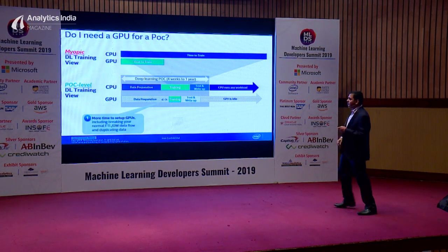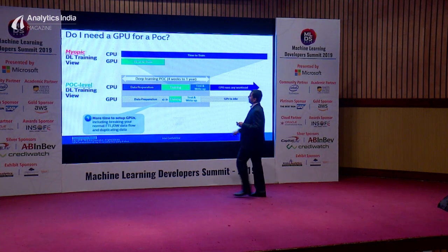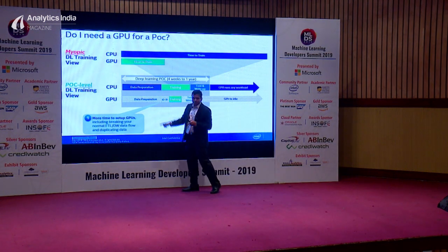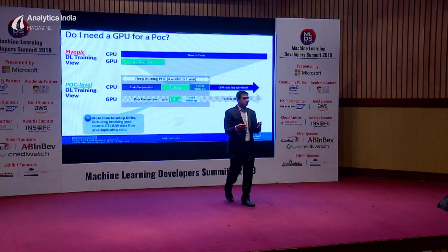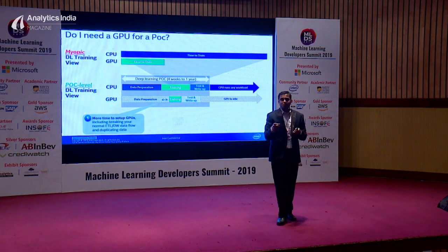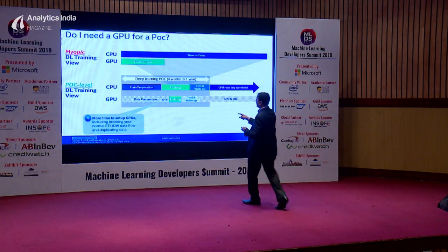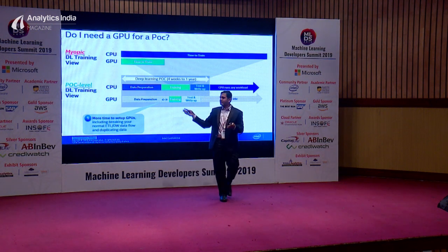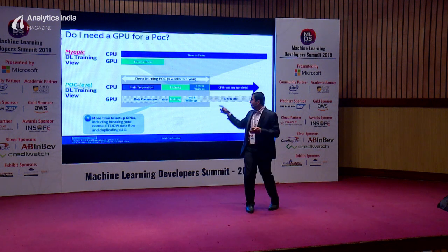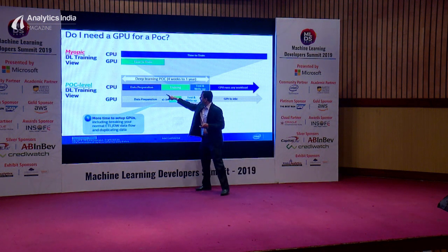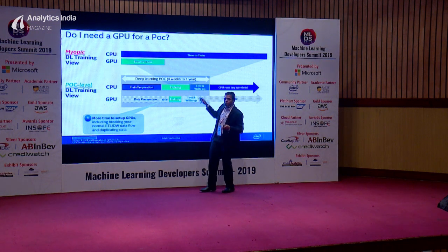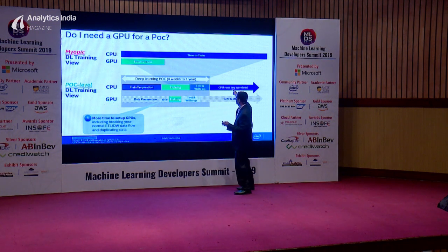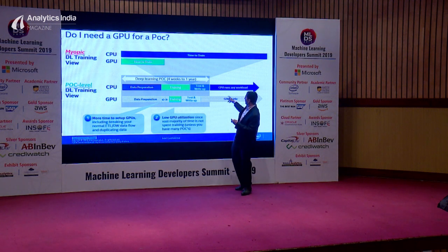Okay, so now on a CPU, of course, because you are used to CPUs, the amount of data preparation time that you're going to spend is going to be significantly lesser, even though the training is going to take much more time than a GPU. And your POCs may last somewhere between, let's say, 4 weeks to a year, right? You spend a lot of time preparing your data, then training, and then you do some validation, and in this case, the CPU basically continues to run.